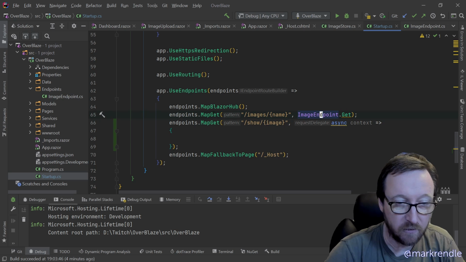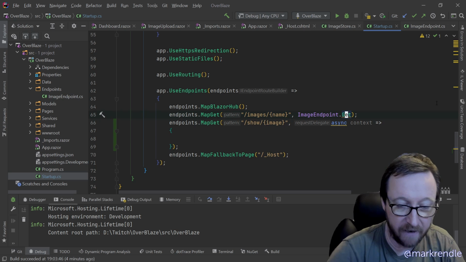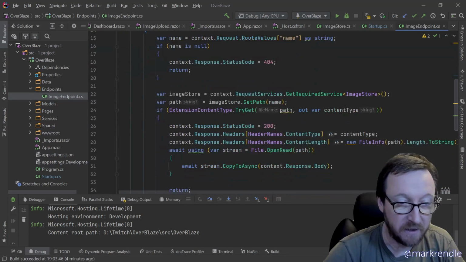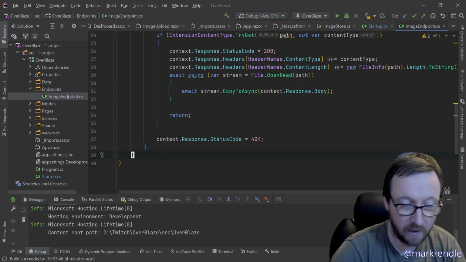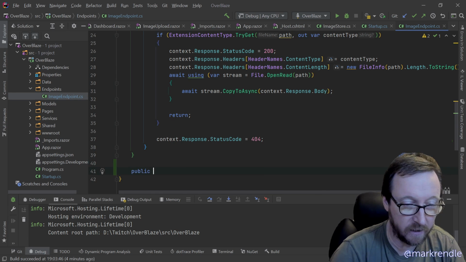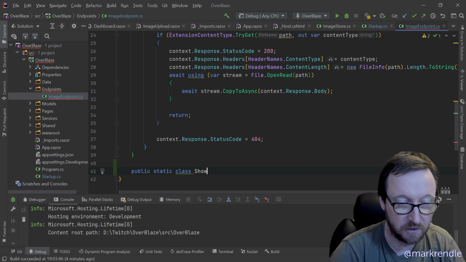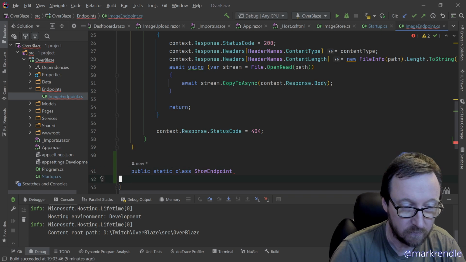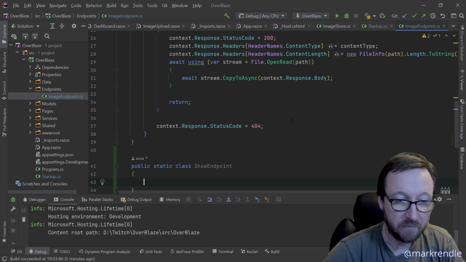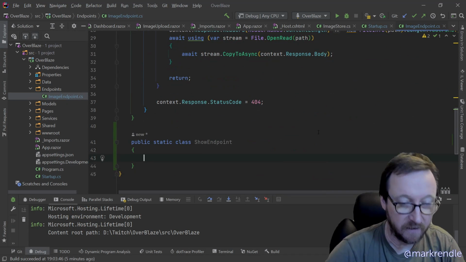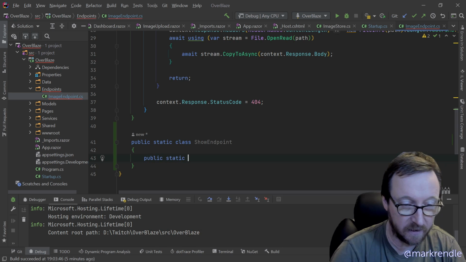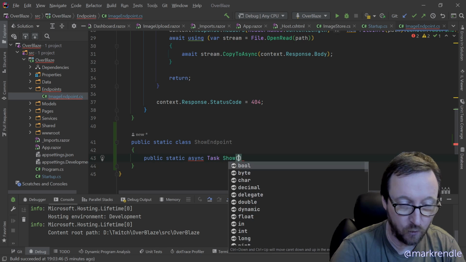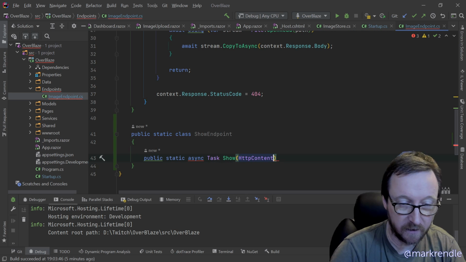So this endpoint here is just a static class, which is over here. So I think what I might do is say public static class ShowEndpoint. So these are like little mini controllers, but they're static, and then this is going to have a public static async Task Show, HTTP context,